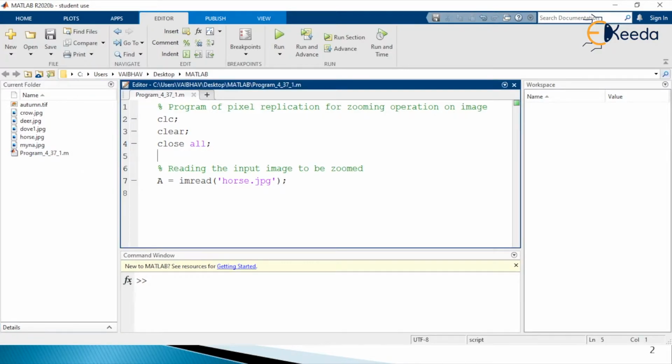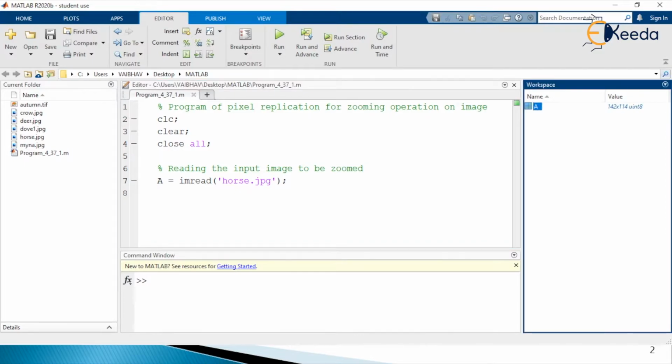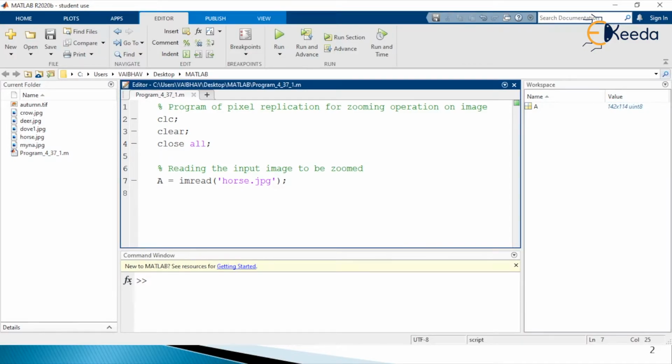As I execute this much of the file by pressing run here, you see the workspace, earlier it was empty. Now there is the variable with capital A as a label, and in the value section we have the dimension of that image, 142 by 114, of the type uint8 here. So this way we have accepted the image.